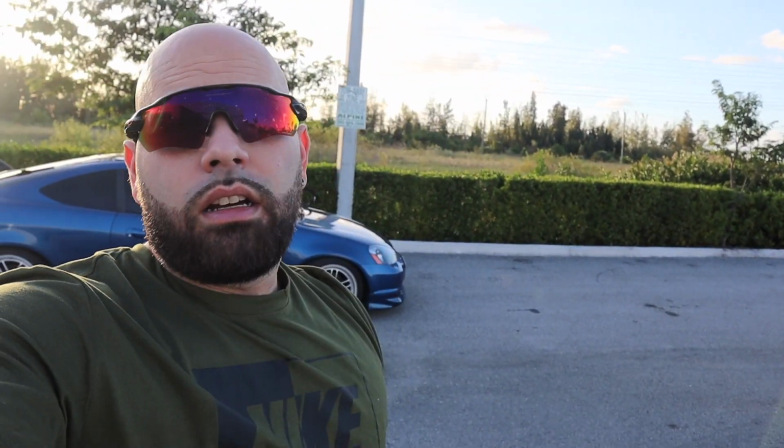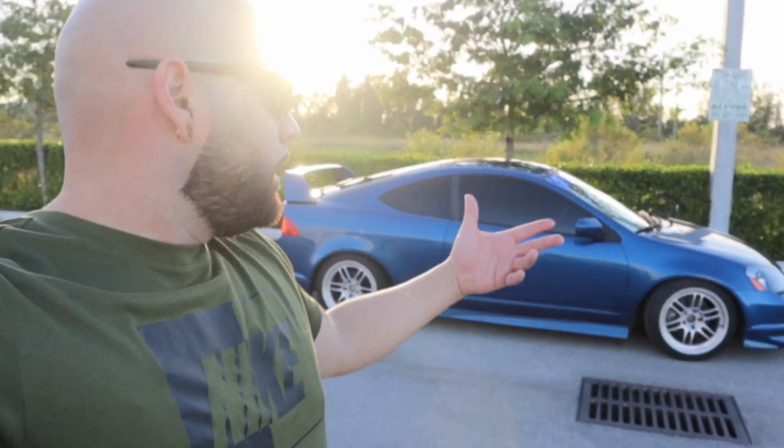This was just a quick one-year transformation of the car, of how far it has come from the one year that I've owned the car, which I bought bone stock. And yeah,